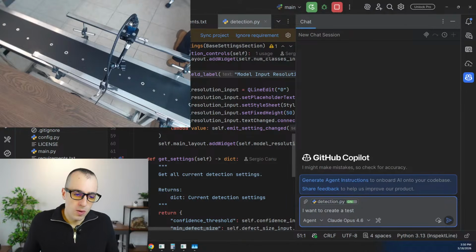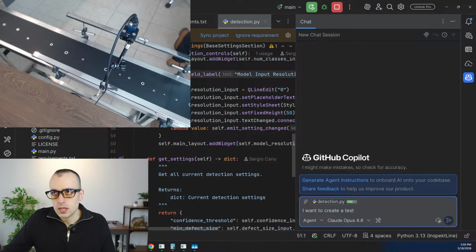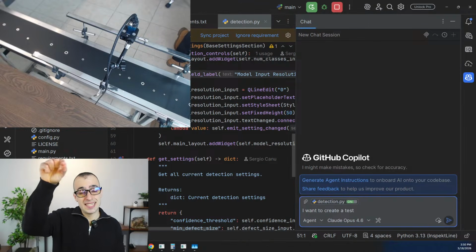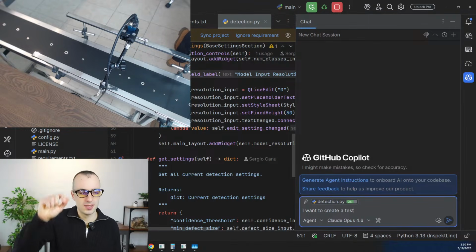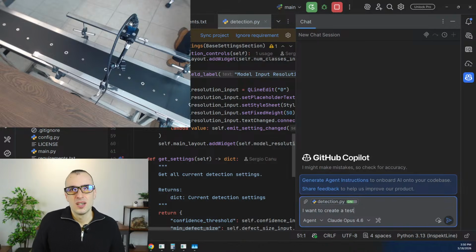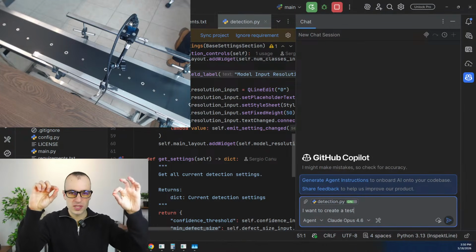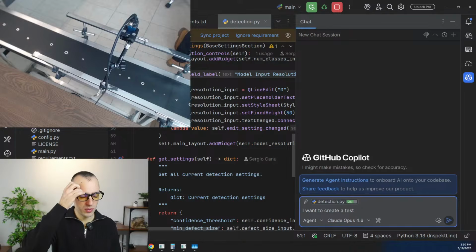RFDet is better than YOLO model. In my experience, I'm new to RFDet, but to some extent, yes. Especially for segmentation, I notice very big improvements in how accurate the polygon is. At least in the YOLO 11 model, the segmentation was quite pixelated. If you zoom in, it wasn't very round and very smooth,